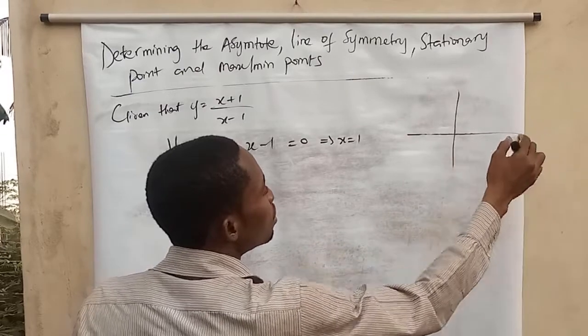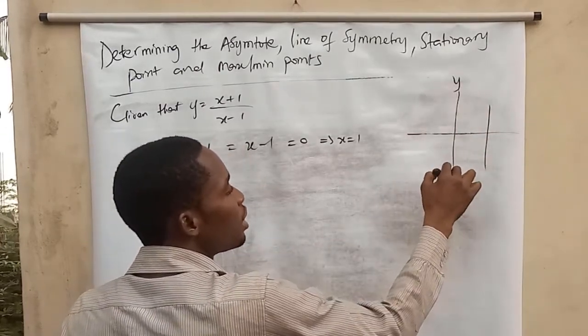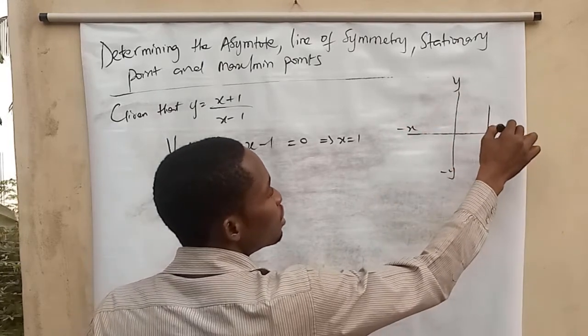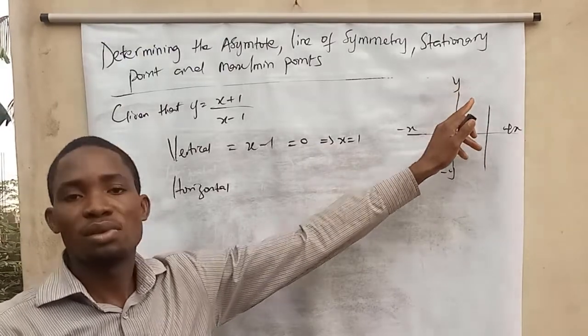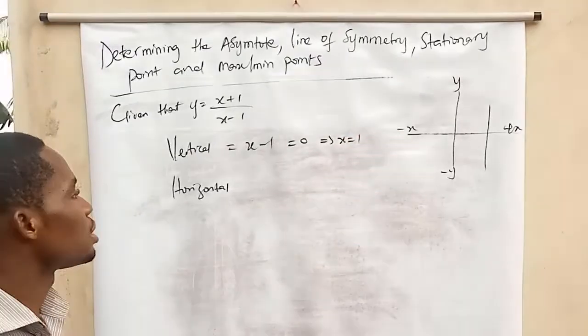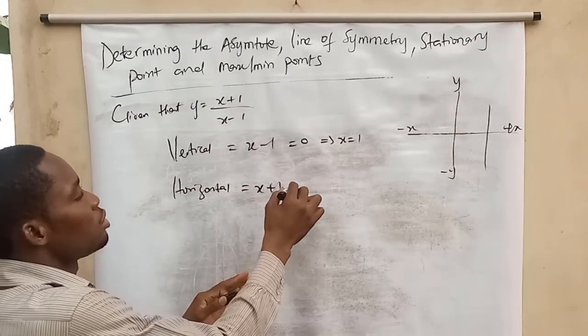Now from there, I have this as my positive y, negative x, and positive x. When my x is 1 here, I'm going to have my graph of this function like that. Now for my horizontal asymptote, when I have x plus 1 equals 0,